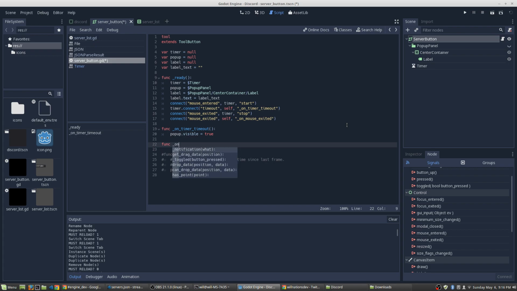Func on mouse exited: pop-up dot visible equals false. Okay, so we hover over, the timer expends some time and then triggers, causing it to become true, which reveals the pop-up. And then if we exit,